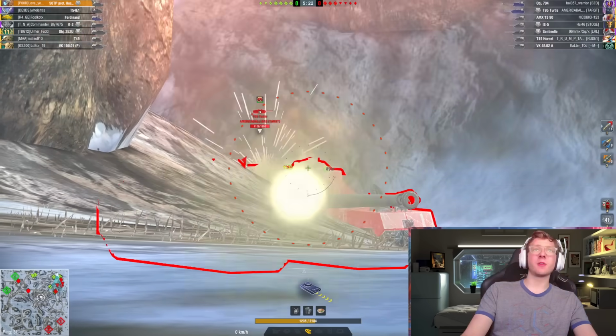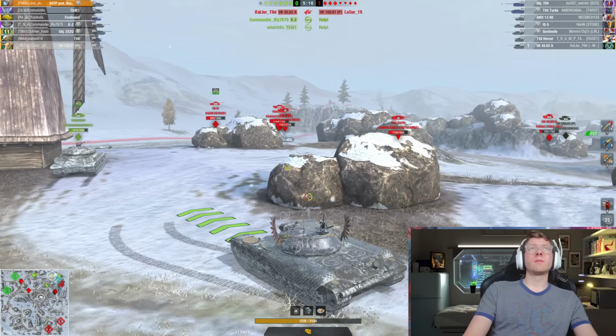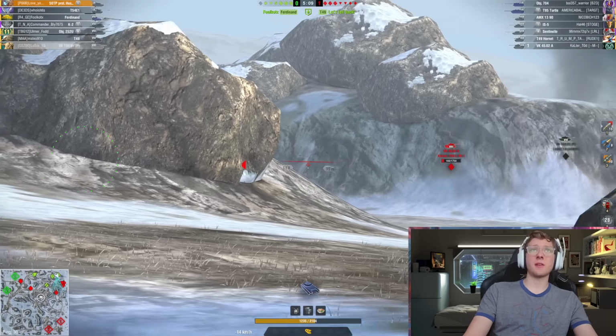Alrighty. Let's aim it on the roof of the T95. Easy 480 pen. Not doing too bad. Let's reload. Alright, I do gotta be careful though here. Is that T95 gonna poke this? If he is, I'm not...